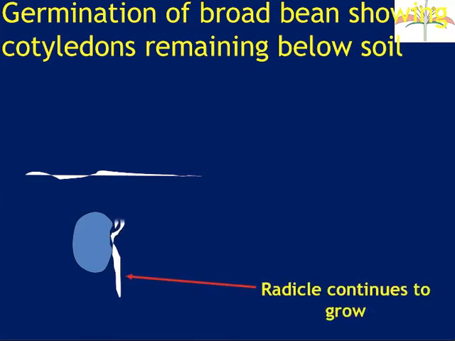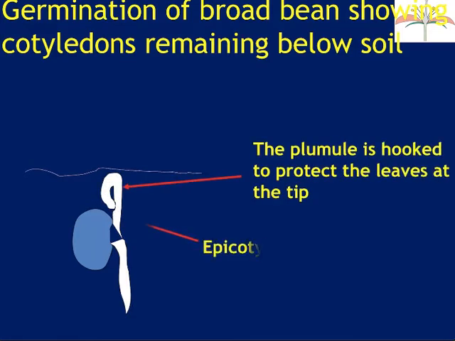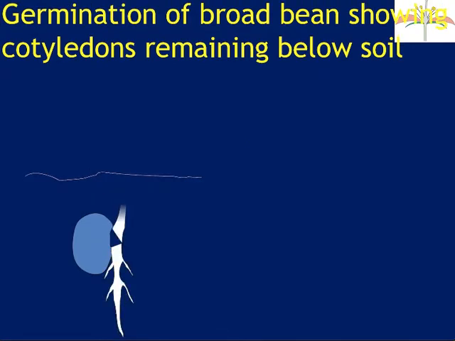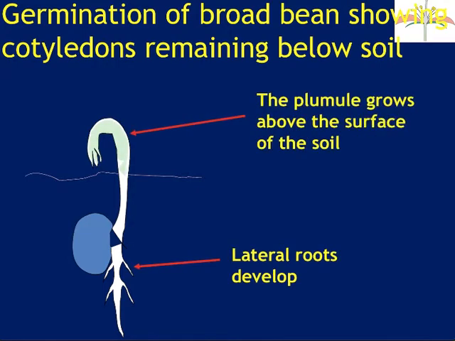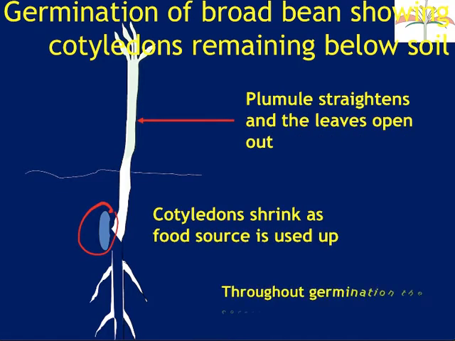And the thing about the plumule is that it has what's called a hook, and the reason that hook is there is because these are the seed leaves, and the plant needs to protect those seed leaves as it's germinating, because if they get destroyed, the seed is never going to produce a flourishing plant. So it's called an epigeal hook, and when it comes out of the ground, it'll then unfold and you'll get your seed leaves and away you will go. But at all times during this germination, the cotyledon stays under the ground.